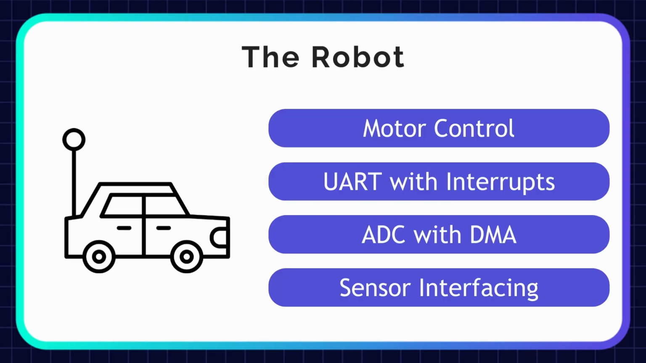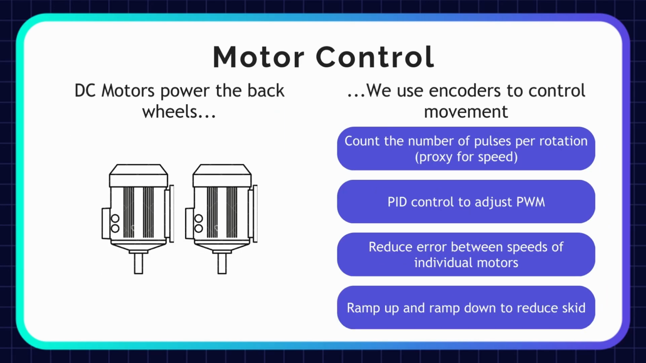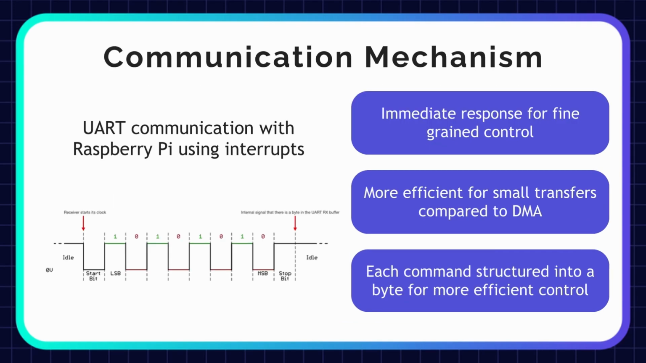The robot is designed to ensure accurate movement based on the instructions from the Raspberry Pi. For motor control, we use PID to reduce the error between the speeds of the individual motors to ensure that our robot moves almost completely straight. Additionally, we use PID to have ramp up and ramp down to reduce skid of the robot. For communication with the Raspberry Pi, we make use of serial UART using interrupts. This allows for more immediate response for fine-grained control, and we structure each command into just 1 byte